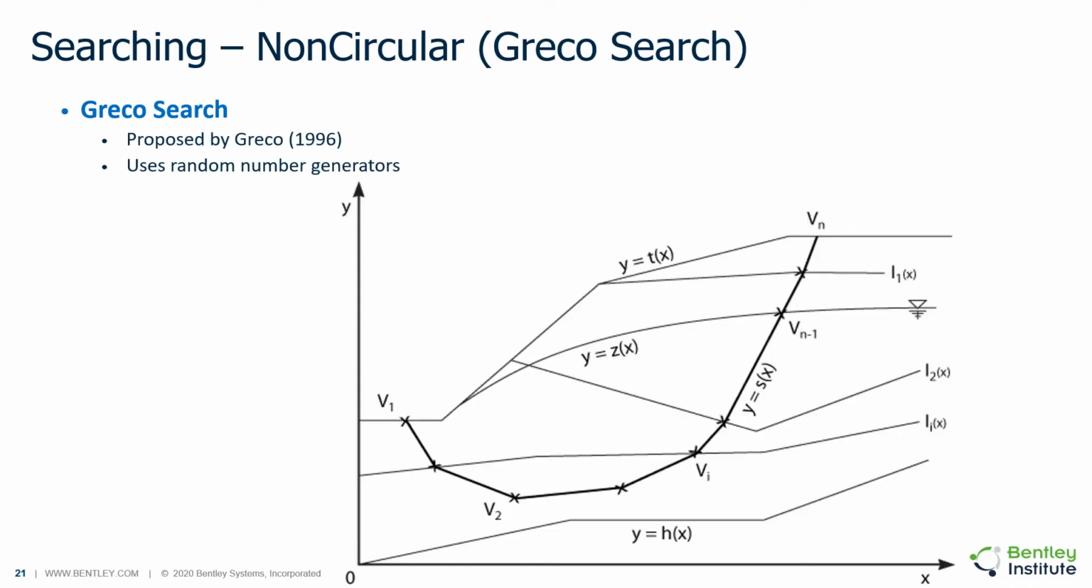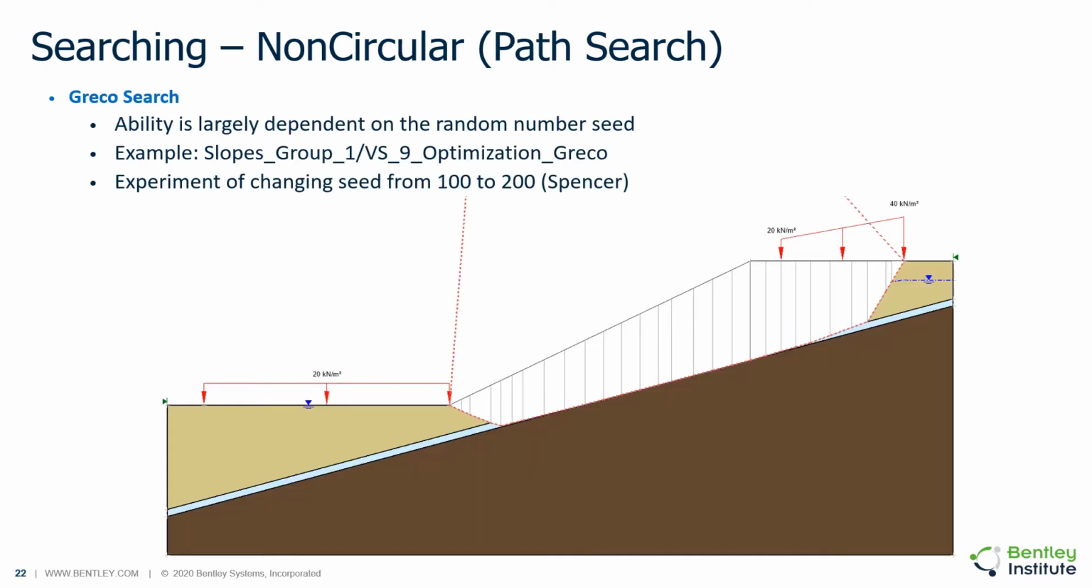The Greco search is also a powerful line segment-based searching method that uses random number generators to generate points and subsequent line segments. It also forms the basis for the optimization engine utilized in the software. The Greco search has the ability to follow weak surfaces. Its ability is largely dependent on the random number seed utilized, and therefore the user should experiment by changing the